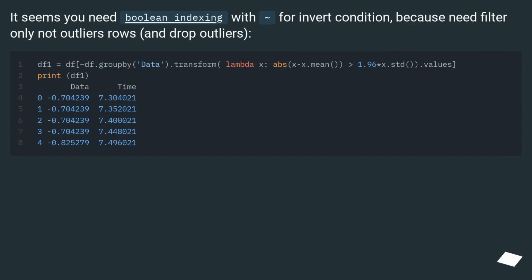It seems you need Boolean indexing with an inverted condition, because you need to filter only the non-outlier rows and drop the outliers. If you want to